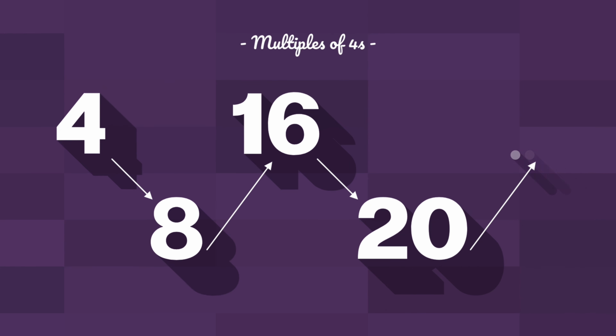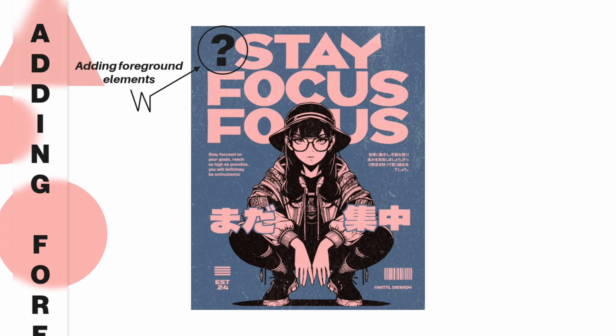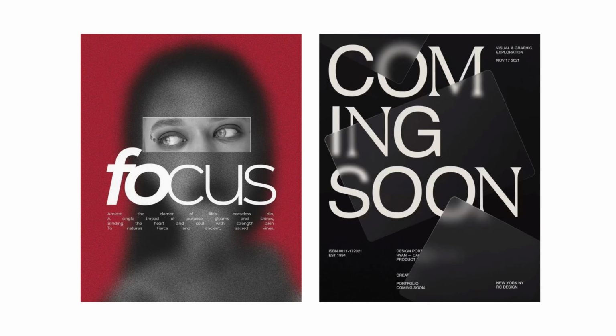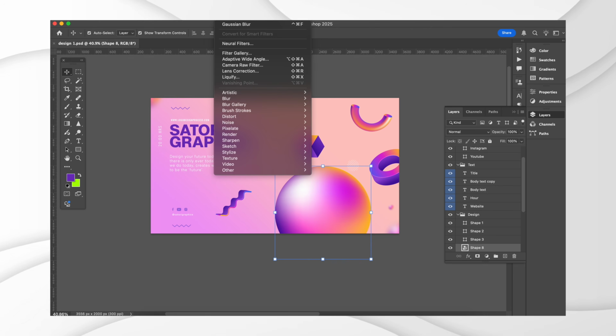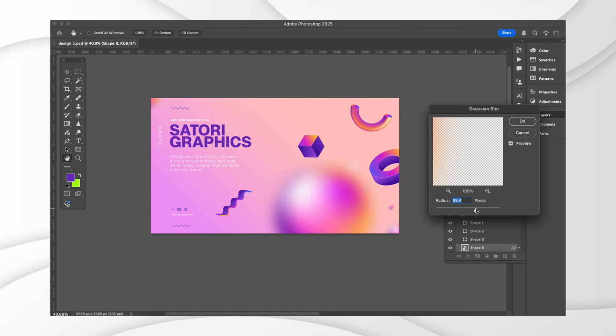it look aesthetically appealing. If your design feels flat and lifeless, adding foreground elements can instantly introduce depth. One effective method is placing a blurry shape, light, or object in the foreground, slightly out of focus, and you've probably seen this before. And this works especially well for posters, social media graphics, website hero sections, and even ad